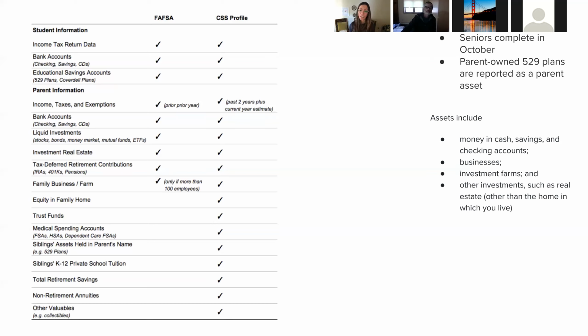It's sort of crazy. So that's the CSS profile. Now for both applications, again, you're going to fill these out next month. CSS Profile is on College Board, FAFSA is on the student aid website, which I'll show you in a minute. Two separate websites, and you need two separate accounts. You do have to list all the colleges that your son or daughter is applying to.